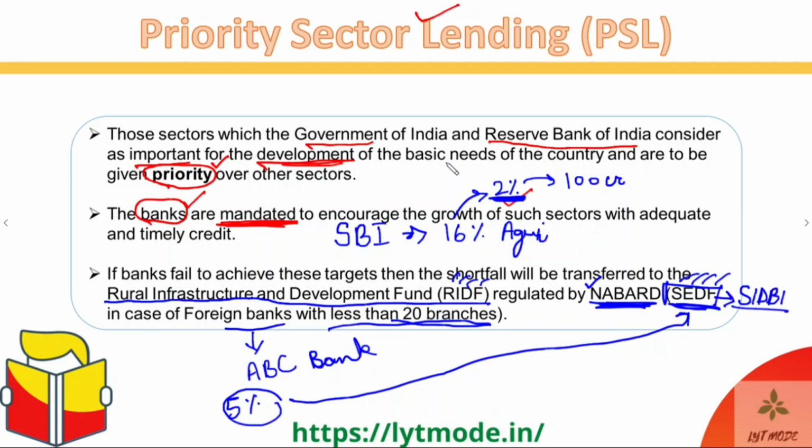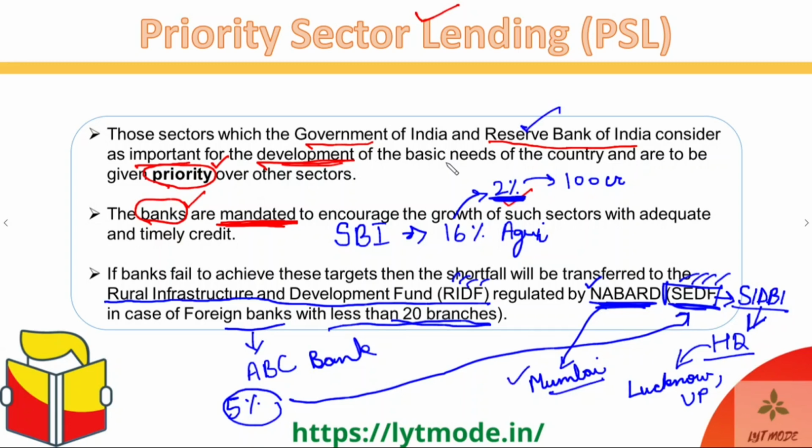It is Small Industries Development Bank of India. And if you remember the full form, then I hope that you also remember where the headquarters of SIDBI is, because that is a question that has been asked in a number of exams in the GA section, including the RBI as well. So the headquarters of SIDBI are in Lucknow. And where is Lucknow? It's in UP. And where are the headquarters of NABARD? They're in Mumbai, the same place where the headquarters of Reserve Bank of India are. And Mumbai is in Maharashtra, right? So you should know all these facts. I mean, they're just side facts that came to my mind while talking about these.